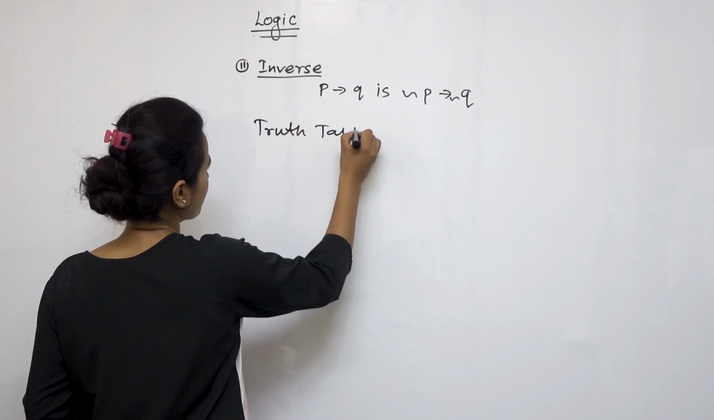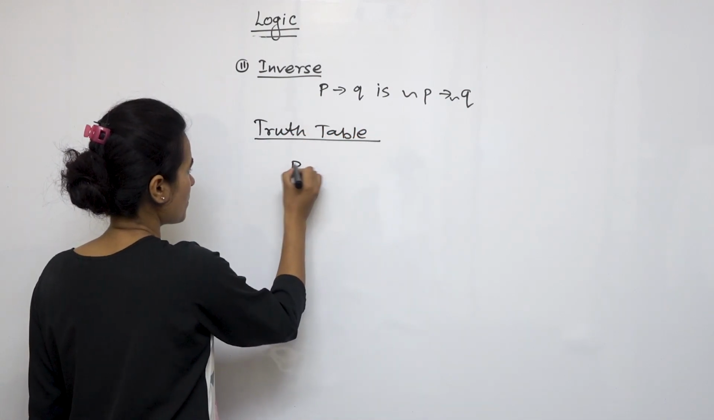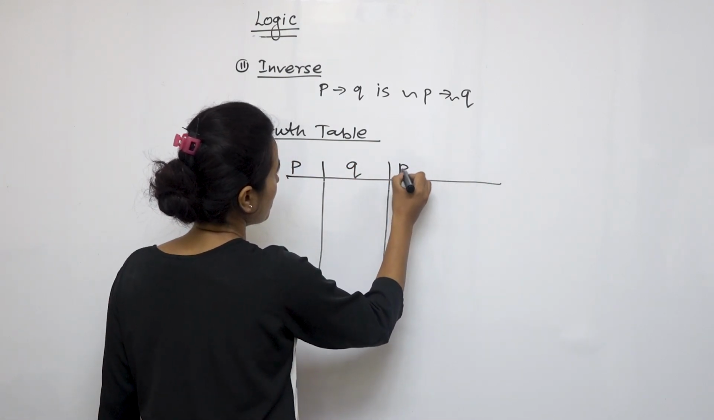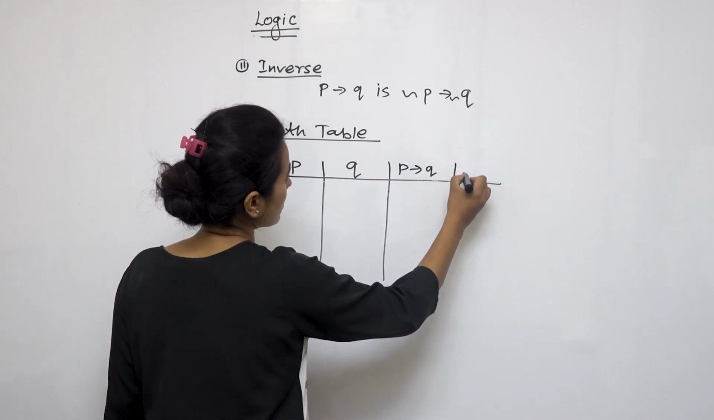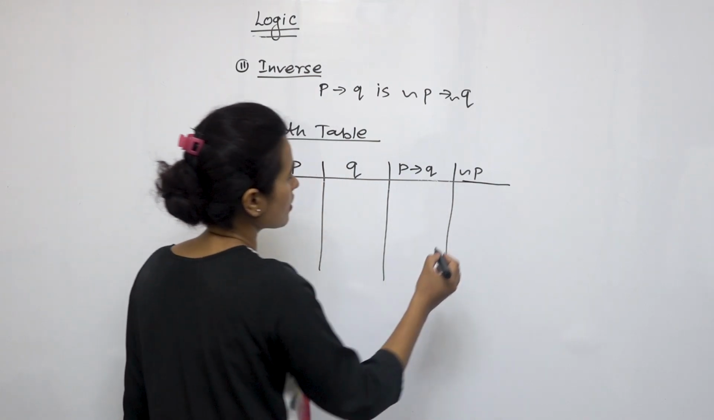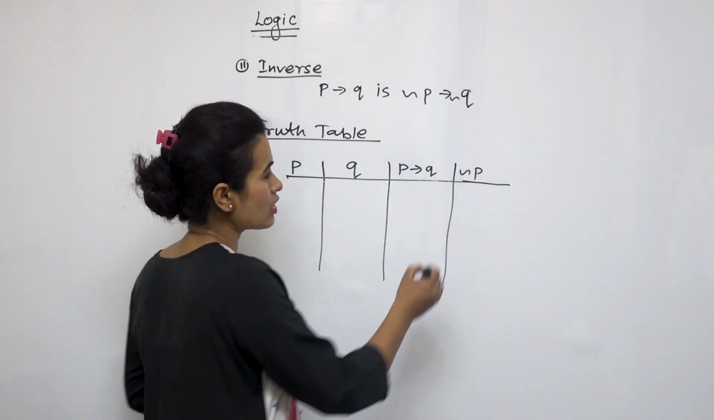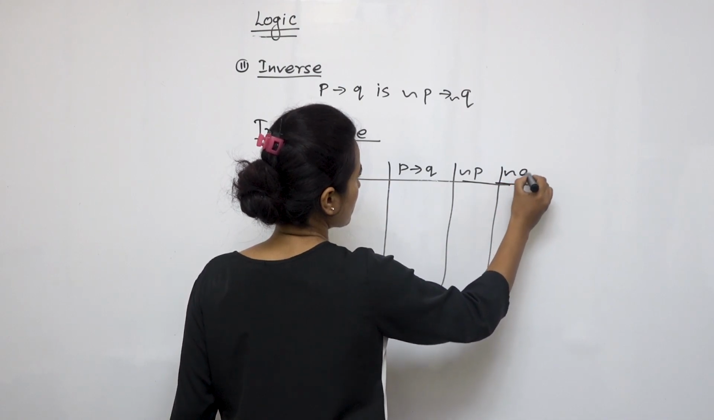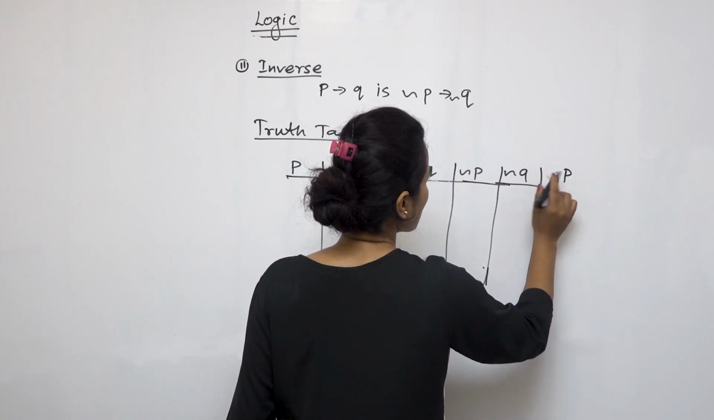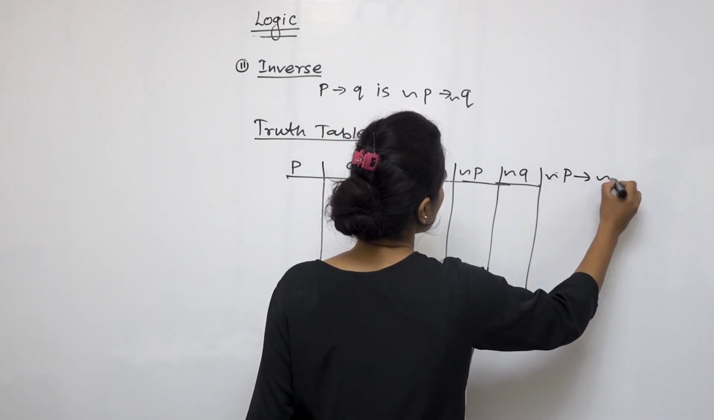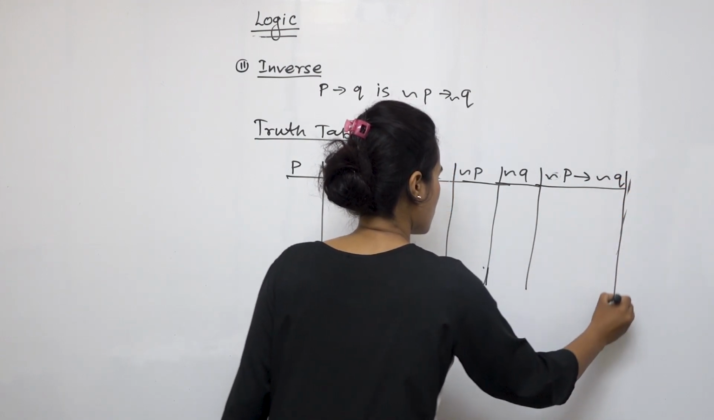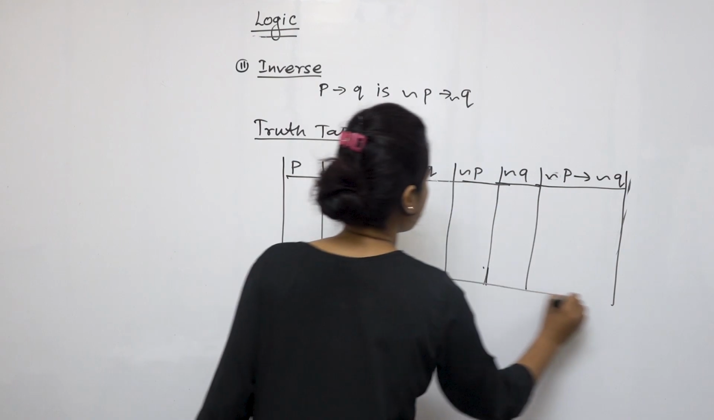Truth table. P, Q, P then Q, and negation P, negation Q, and the last one is negation P then negation Q. Okay. Now here